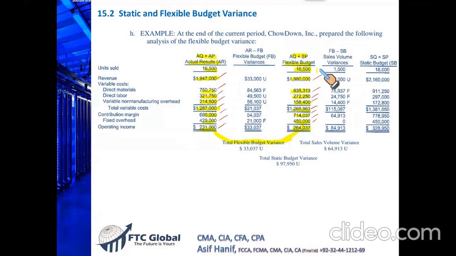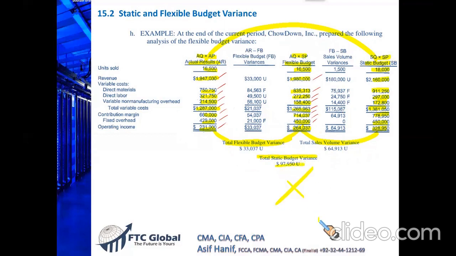Now, if you compare this flex budget with the original static budget, this comparison will give you what you call the sales volume variance, right? Remember, the comparison between actual results and flexible budget is called the flexible budget variance. The comparison between original budget and the flexible budget is called the volume variance. And the comparison between actual results and static budget is called the static budget variance, which is very unimportant,